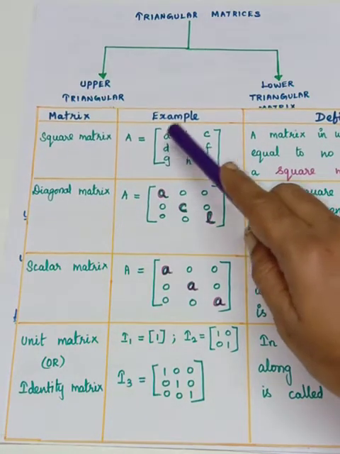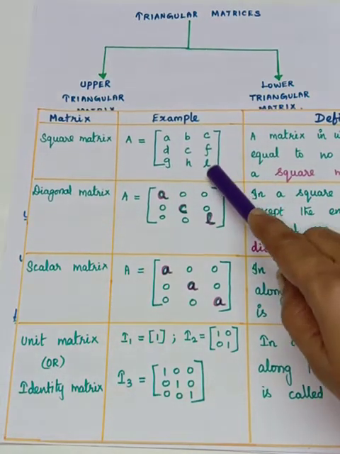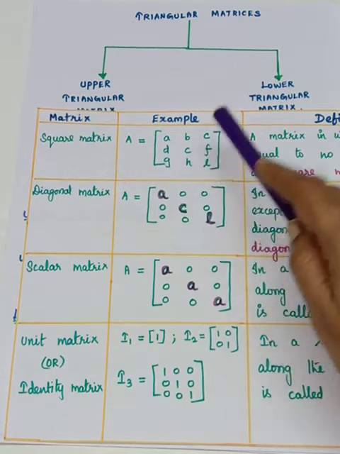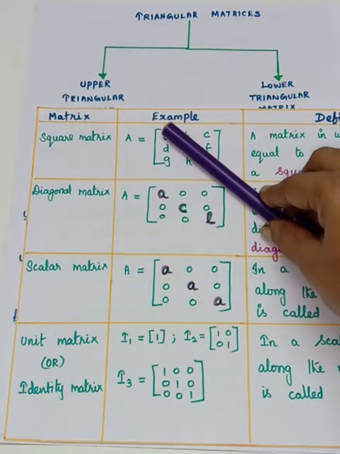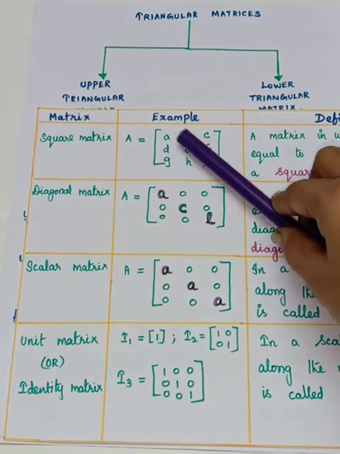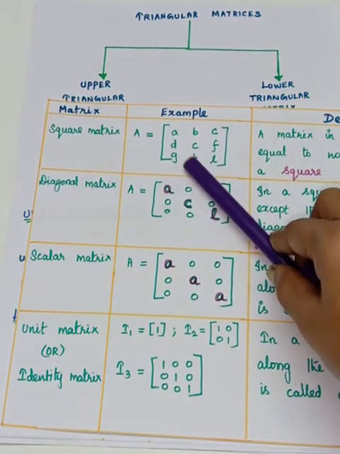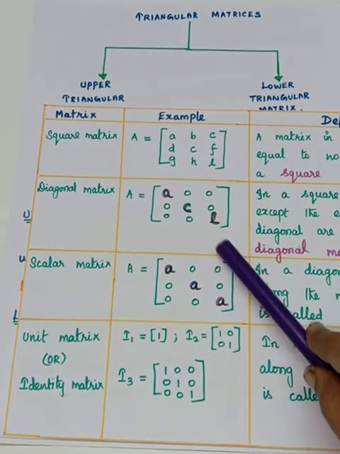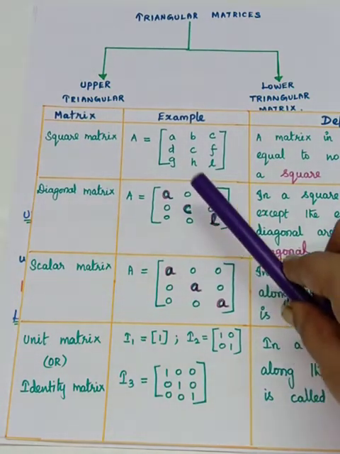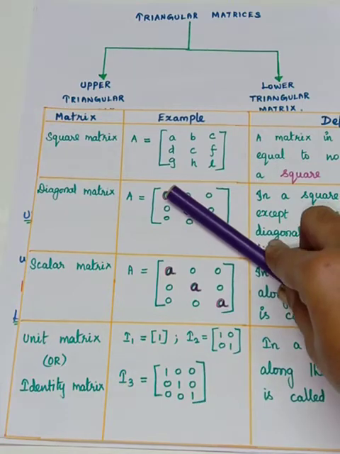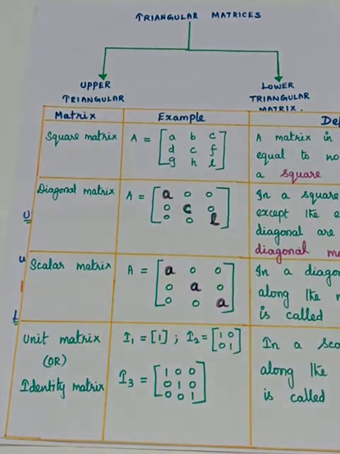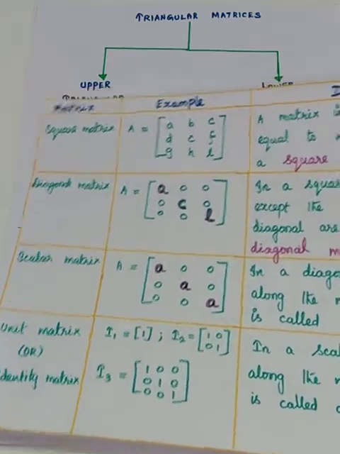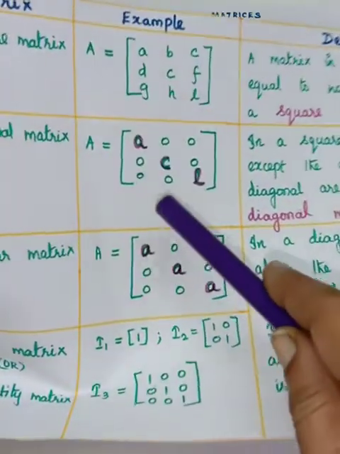So see that, this is called the main diagonal or principal diagonal elements, we can say. Except for these main diagonal elements, the remaining entries are 0. That square matrix is called a diagonal matrix. So the main diagonal should have elements and the rest all 0, and the square matrix is called a diagonal matrix. You see the example here I have given.